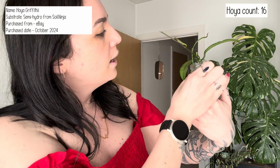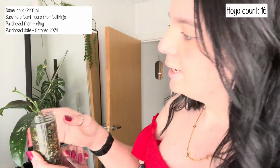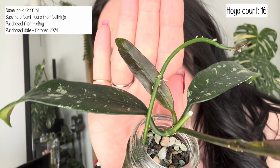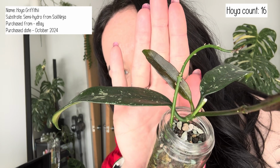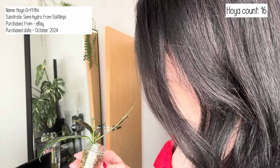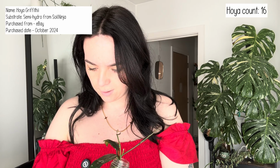They're really, really dark leaves. And now that I've pulled it out from where it is, because it's tucked in on the shelf, I can't really see what this one's looking like up here, but this one does look like it might have some splash coming through as well. Can you see what I mean? You can't really see the silver on there, but I think it might end up being quite a nicely splashed one, which is very exciting. I don't think this is Griffithii splash. There might be that version of this, but